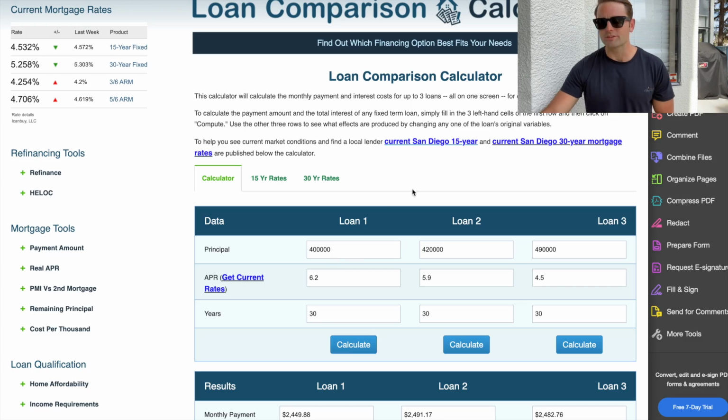So as you can see, we're gonna compare a loan of $400,000 versus $420,000. Now, at face value, it may seem better that you're buying a property at $400,000 rather than $420,000, but the $400,000 loan is at a 6.2% interest rate, whereas the $420,000 loan is at a 5.9% interest rate. So, which loan do you think will result in the least amount of interest paid over time? Well, if you calculate it out,